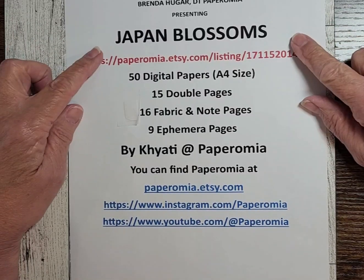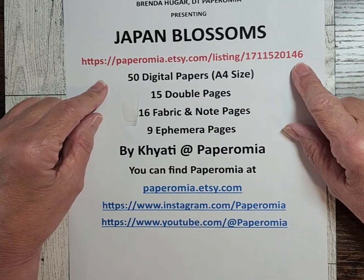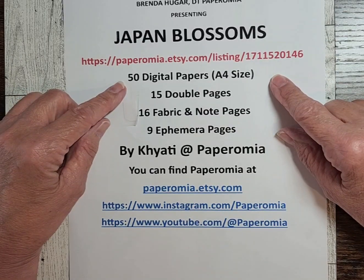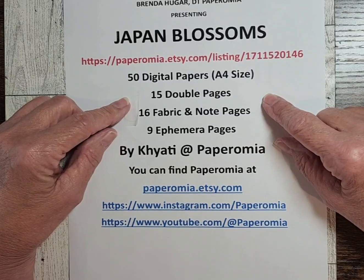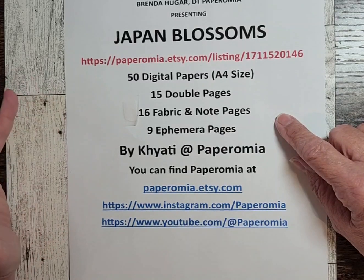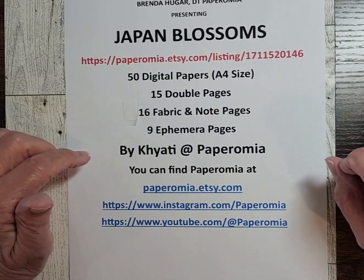I am using Japan Blossoms. You can get this paper at paperomia.etsy.com. The listing number is 1711520146. There are 50 full-size pages in this kit, 15 double pages that you can fold in half and use as journals, 16 fabric and note pages, great for backing on the back side of the digital papers, and 9 pages of ephemera. This kit was put together by Kiati and her sister